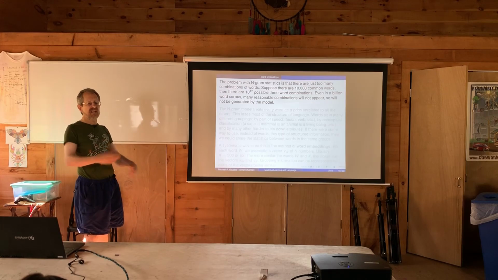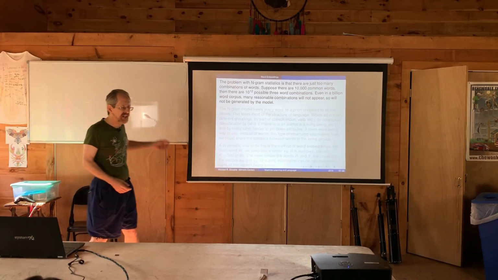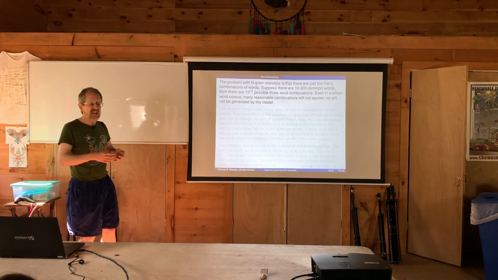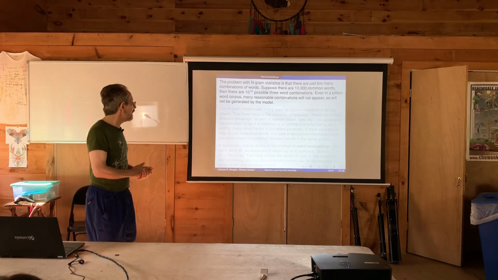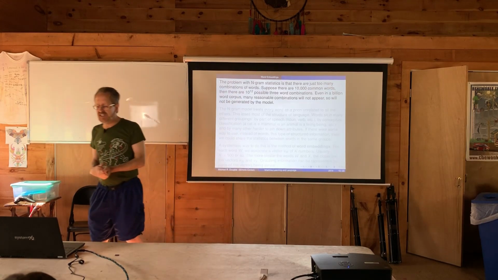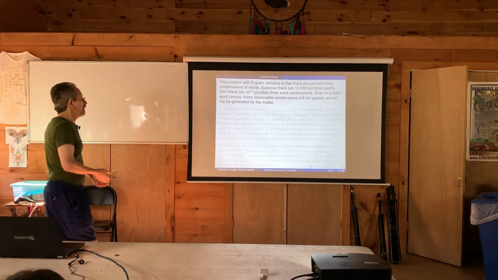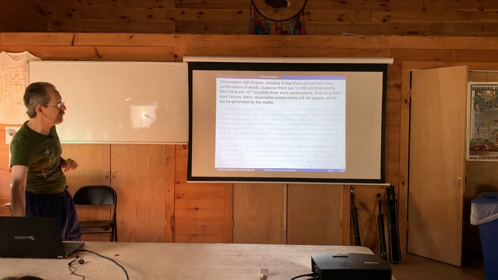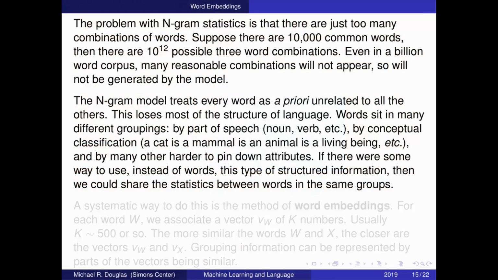And even three-word combinations that are very reasonable, like an elephant stepping on a banana, you might want to say that even though there's nothing about that in your text. So this is the combinatorial explosion, which is a very common feature of naive attempts to do things in computer science and AI. It's just not going to work in the form that we just said it. So what do we do about that? One idea is to say, well, it's kind of stupid to say that every word is just a word in itself with no relation to the other words.